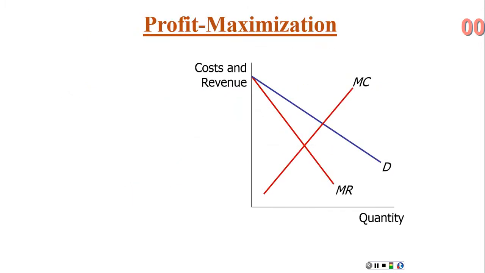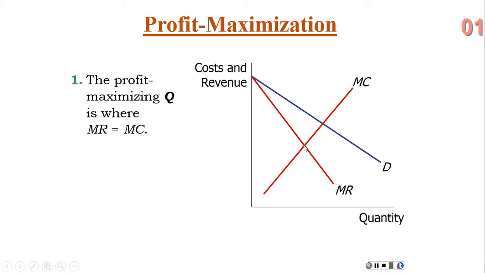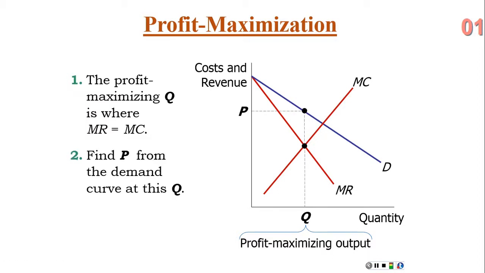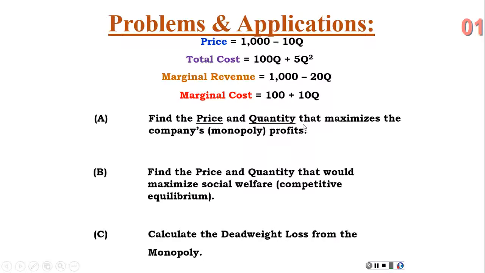Okay, remember this was our basic graph for the monopoly, right? We have an upward sloping marginal cost curve. We had a downward sloping market demand curve. And remember, marginal revenue is less than price, so it's going to be below our demand curve, right? And our profit maximizing monopolist will equate marginal revenue and marginal cost to determine their quantity. Then they will set price according to what consumers are willing to pay, which is going to be according to the demand curve up here. Okay? And then if we had an average total cost curve, of course, then we would take this point either up or down on this plane to average total cost, and that would help us determine our profit